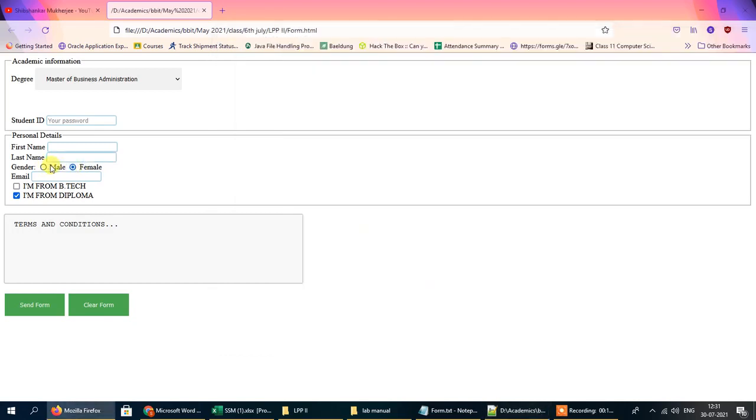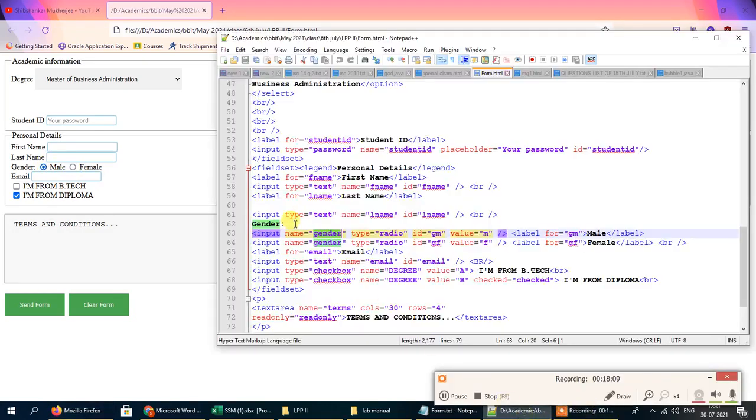you cannot select more than one button at the same time. So if we assign the same name to both of these buttons, we can select only either of these two buttons at the same time. If we change the name of any of these buttons to something else, then you can see that we can simultaneously select both of the buttons at the same time.